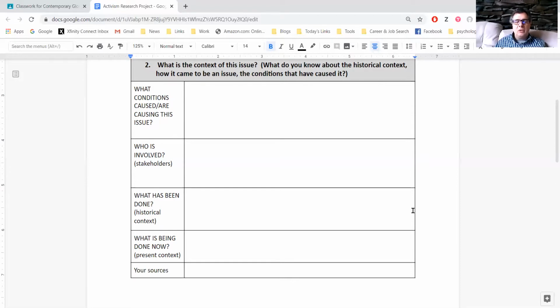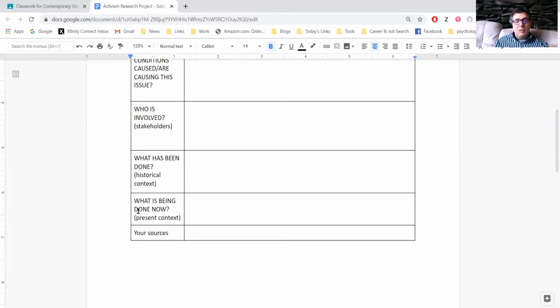Okay, most of these issues are not brand new issues. And we used an example with the controversy over mail-in voting. Okay, what has been done about that? Some states like ours, Washington State, we have mail-in voting. Other states don't have it. Sometimes you can get an absentee ballot in some states if you're in the military and you're overseas, or if you are away on vacation. And so, are there some laws or rules or ways that people have been trying to deal with it?